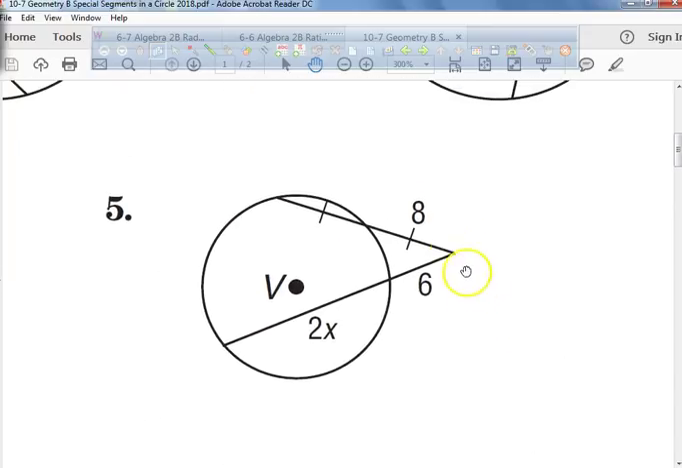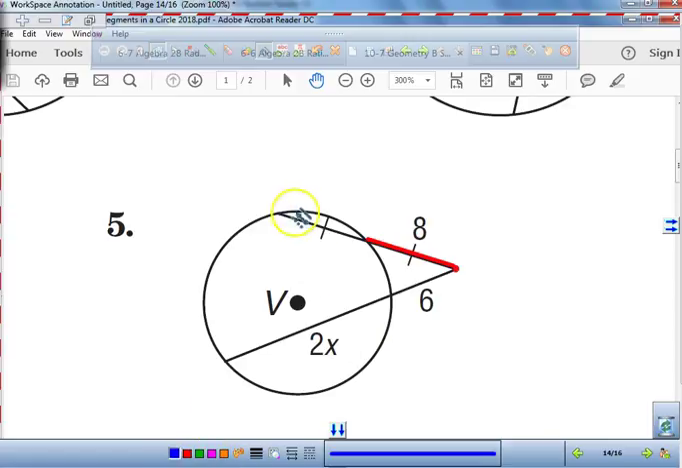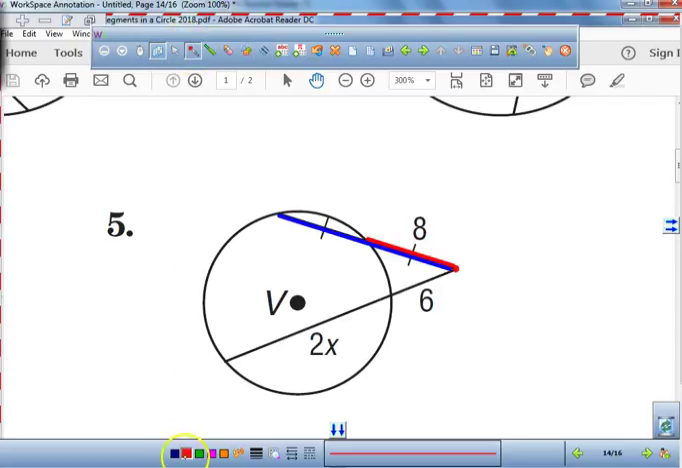Now, these secant segments go through the circle, but they intersect not on the inside of the circle but on the outside, so they intersect right here. This process is a little bit different. So we're going to get out the colors, and hopefully you guys will understand the process. This piece right here is a part of that whole length. So instead of using a whole bunch of letters, I'm just going to call it a part times